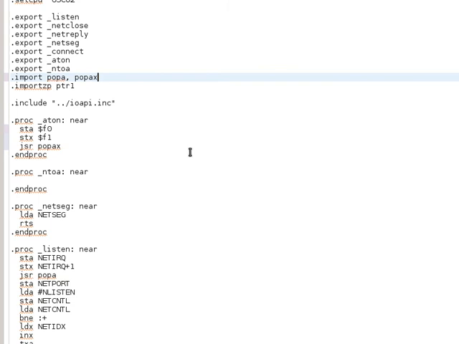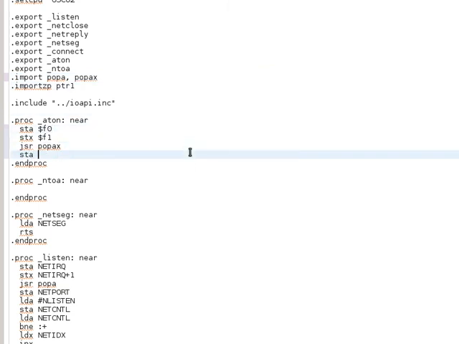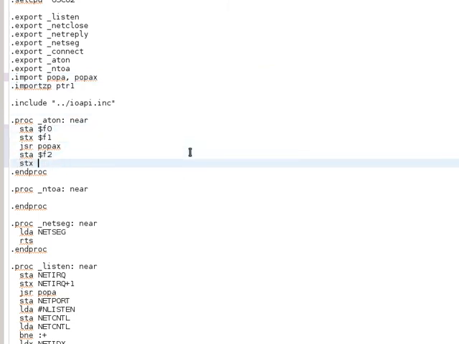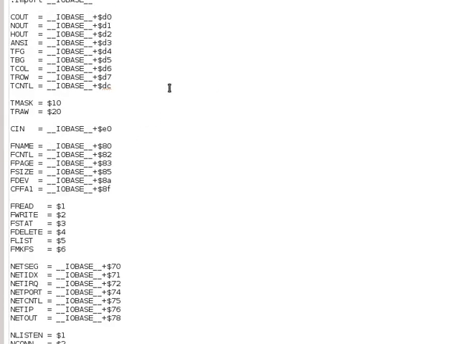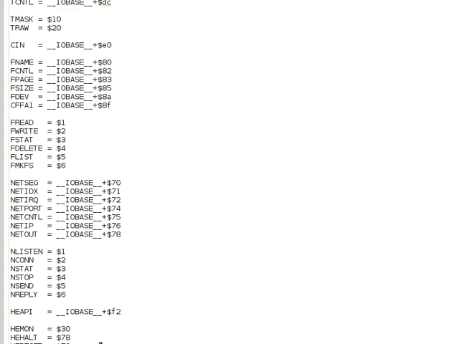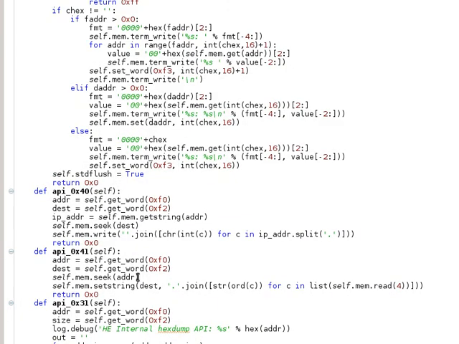Oh yeah, actually I don't think I have that. Should be fine. Anyways, F0, STX F1, JSR PopAX import. PopAX, then STA F2, STX F3,